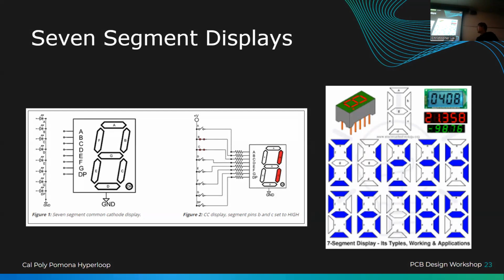Me, as the electrical engineer, I am going to give you guys a circuit to design for. How many of you guys here have worked with 7-segment displays in your career or in some classes? Raise your hands. So a lot of you. Cool. And if you've ever worked with a 7-segment display on a breadboard, you will know that it's a pain in the butt to